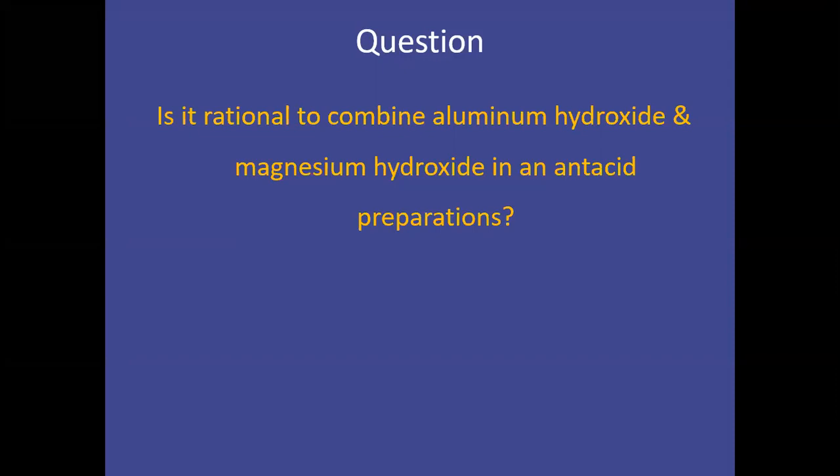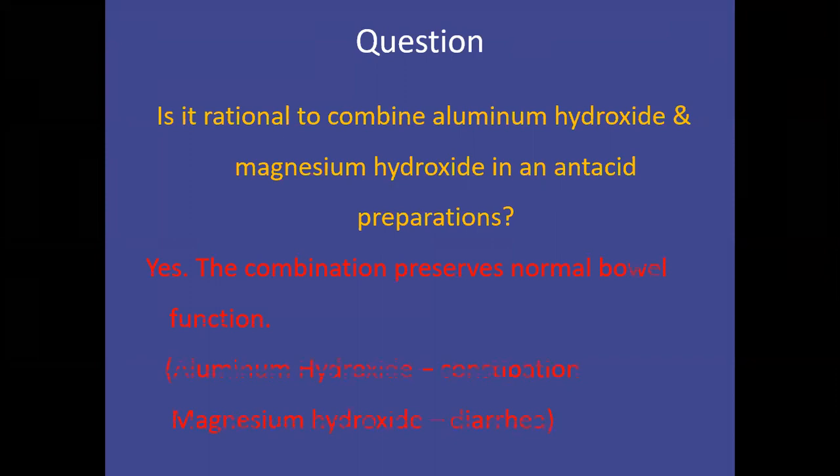Yes, very good. And the fact is that when you go to the pharmacy and purchase any over-the-counter antacid preparation, you will find a combination of both aluminum and magnesium together in the same preparation. The reason is the same, as you mentioned rightly, that the combination preserves normal bowel function. Aluminum hydroxide causes constipation and magnesium causes diarrhea. In order to antagonize these side effects, most of the commercially available antacid preparations are a combination of both